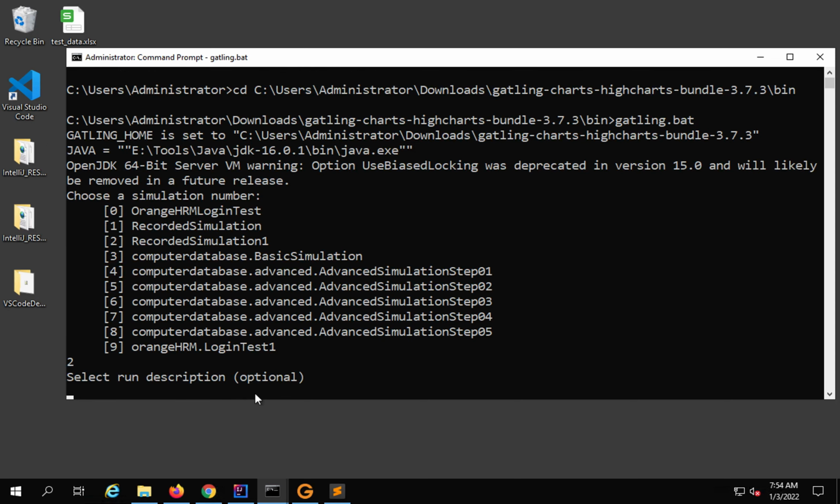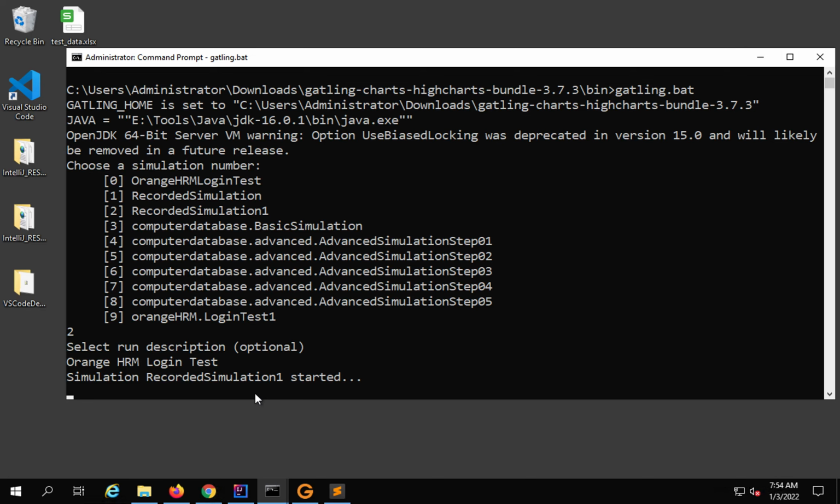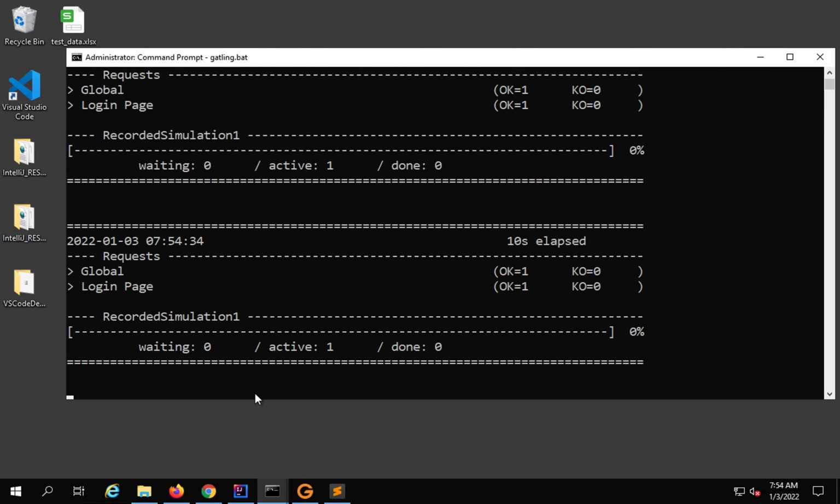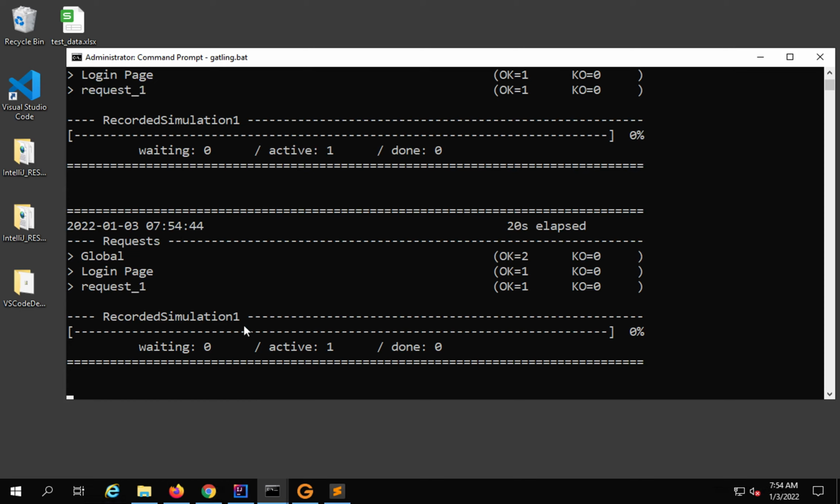So I will say 2 here and hit enter. And if you want to select some description, I will say orange HRM login test. This will be shown in the report, and I will hit enter, and this will start running. So it has started, and you can see this is running now, recorded simulation 1, and very soon we will also get the reports and we will check the reports. So this is now running, and you can see as of now we are running with a single user load,